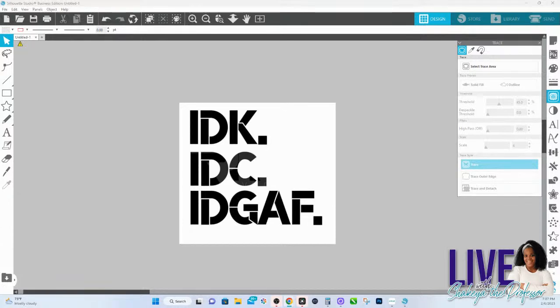I'm not sure how the Solo works or how the Caesar Juliet works, like if it gives you the option to trace things to create your own vector files to be able to cut. If it does not, then you can use the techniques and the steps I'm going to show you here to trace, save, and then be able to open up in those various programs. Okay. So first thing that you're going to do is when you open up your screen,